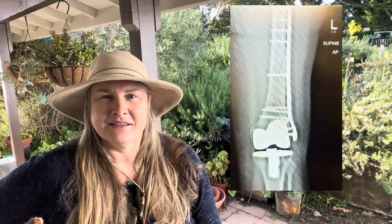Today I need to take it really easy. My legs are very sore, and the bone where it was broken, or maybe it's the metal rod in there, I don't know, that leg hurts. So I need to take it really easy, but I want to share with you a few plants that I think are just,